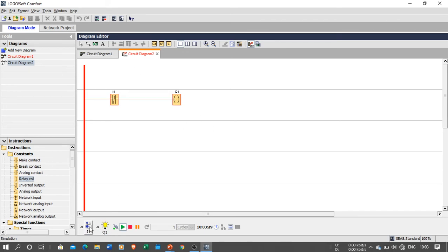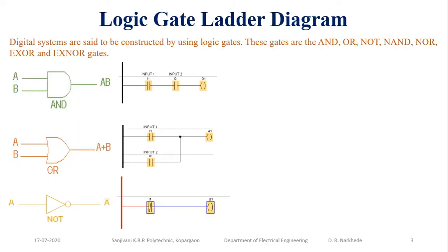So this is your NOT logic. What is the NOT logic? When input is 1, output is 0, and when input is 0, output is 1. So this is your NOT logic.